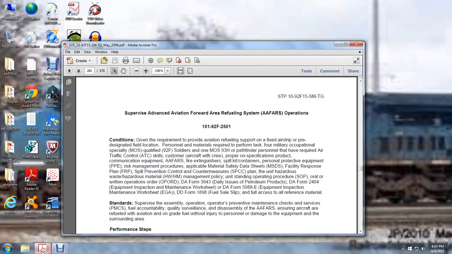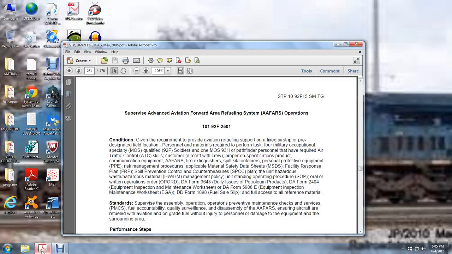Conditions: Given the requirement to provide aviation refueling support at a fixed airstrip or pre-designated field location, and the personnel and materials required to perform the task: MOS-qualified 92F soldiers, one MOS 93H Pathfinder personnel who would be required for aircraft traffic control, customer aircraft with the crew, proper specifications, product, communications equipment, the Advanced Aviation Forward Area Refueling System, fire extinguishers, spill containers, personal protective equipment (PPE), risk management procedures, applicable material safety data sheets,